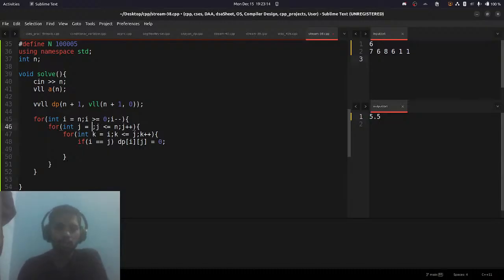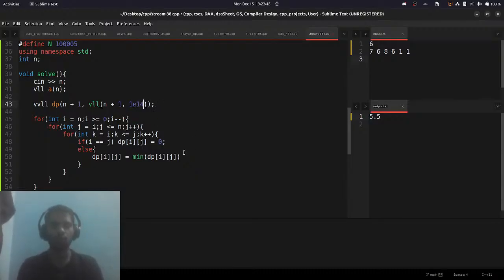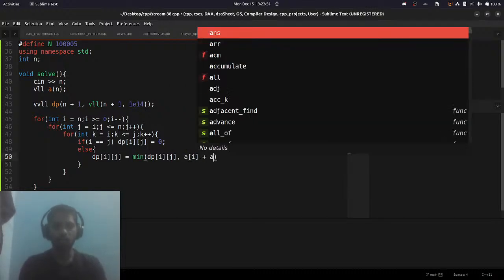Okay, this doesn't make any sense, so we'll go from I only. Else what we will do is dpij is minimum of dpij, and this thing will be 2014, comma ai plus aj